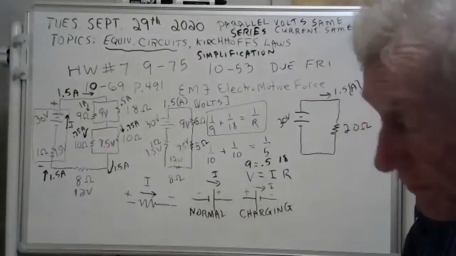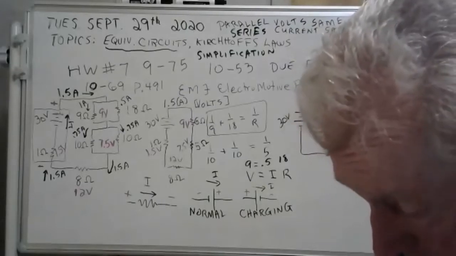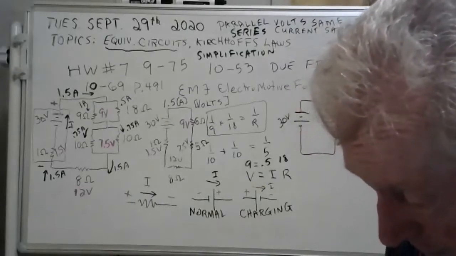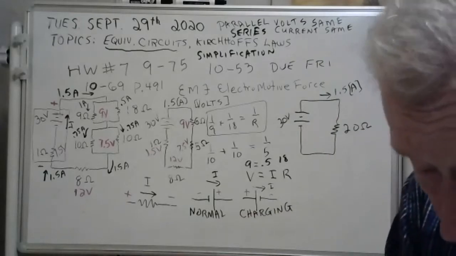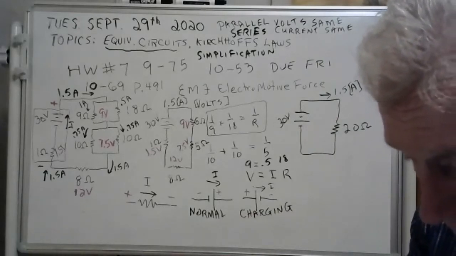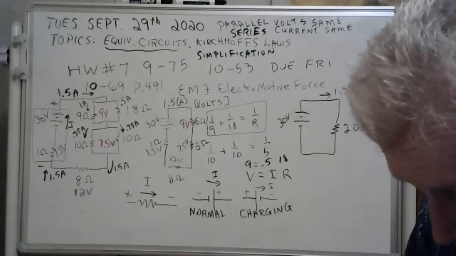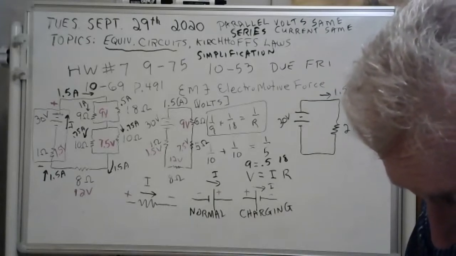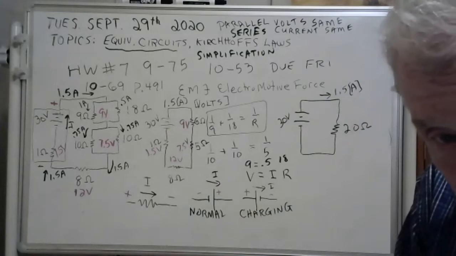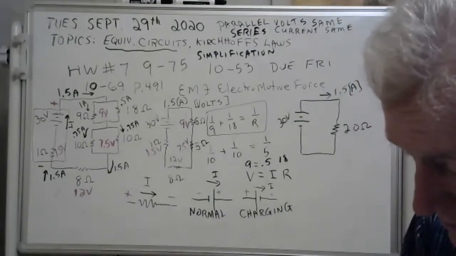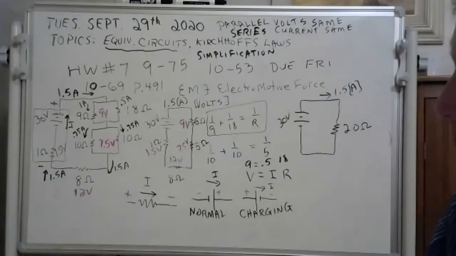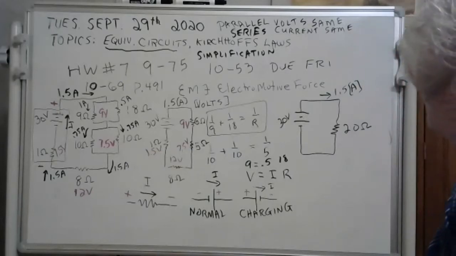I got a question. Yeah, go ahead. I understand how all this works out mathematically, but like if you were to take a voltmeter and measure voltage at the resistor, where would you measure it, on the coming into the resistor or the